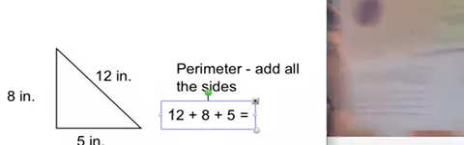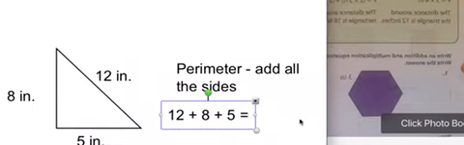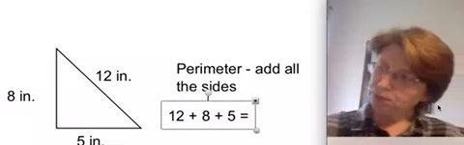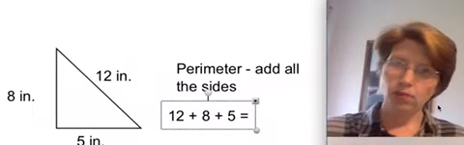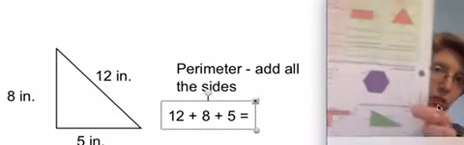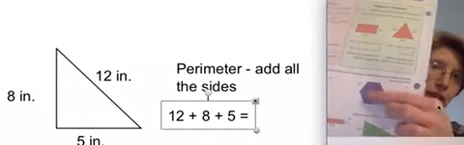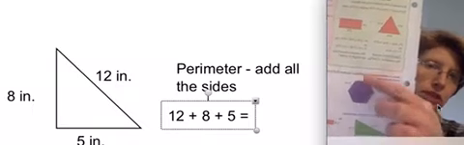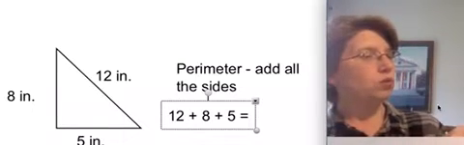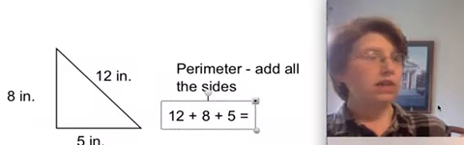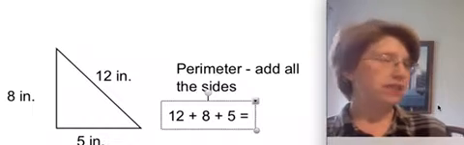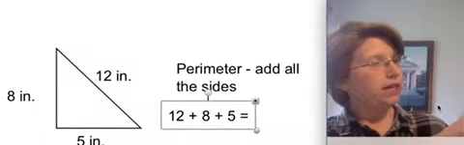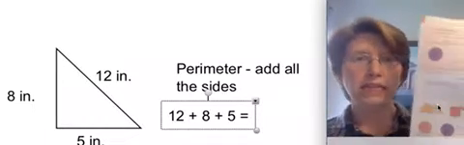Now look at this purple one here on your page. They only give you one number there. They give you a 3-inch. So how do I know what the whole thing is going to be? It's because that's a regular polygon, right? Regular means all of the angles are the same, so all the sides are going to be the same. So I count the sides, 1, 2, 3, 4, 5, 6, which I know it's going to be a hexagon if it's 6 sides. So I'm going to do 6 times 3, and that'll be 18 inches, and I'll know